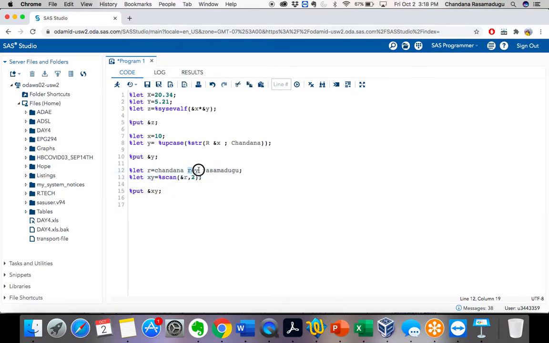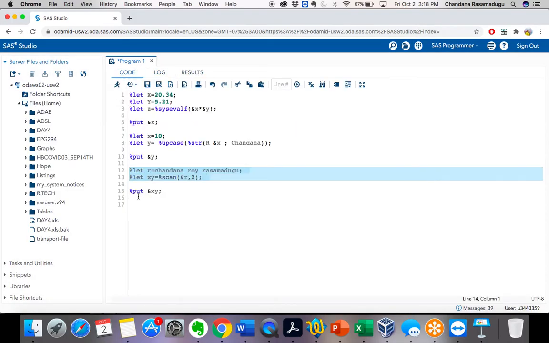That is the second position, right? If I want to print the second position value, then here I have to specify 2. If I want the third value, then let's give 3. Let's execute and create a macro.